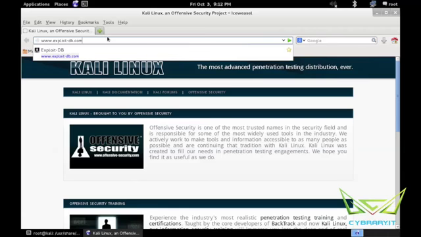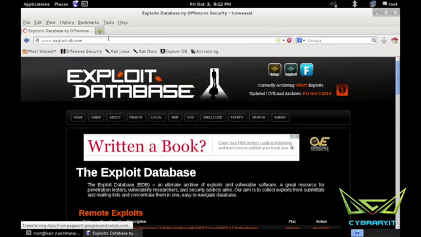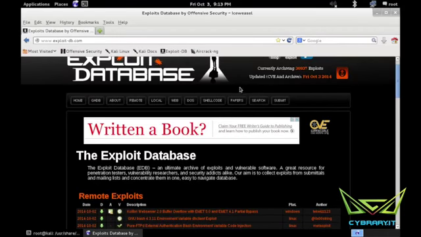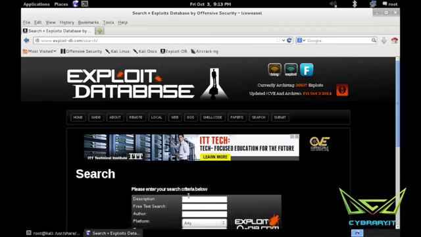Let's go to exploit-db.com. So Exploit Database, that is the successor to the wildly popular Milw0rm site. So this is just basically an aggregator of public exploits as well as some white papers, some other things as well. But primarily it's a dumping ground for public exploits. And again, you kind of have to be wary about what's on here. It may or may not be super malicious, so I would always encourage you to make sure you can read everything in it. So let's just do a search for that MS08-067